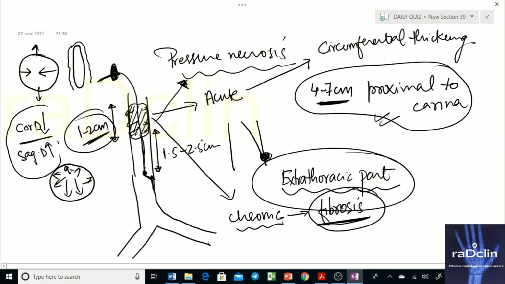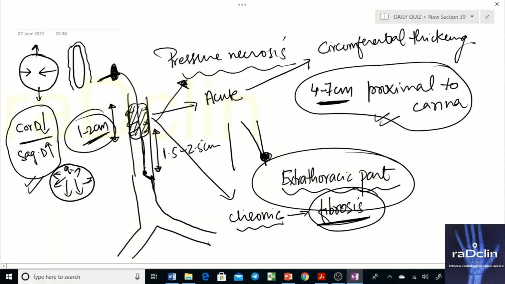So this will be the abnormality that you will see in the... Now the same abnormality. Okay, so this is the abnormality that you will see in your chronic post intubation tracheal stenosis. So you will see an irregular dysmorphic cartilage. Okay, and you will see this particular shape of the trachea. So I'm going to show it on the image.